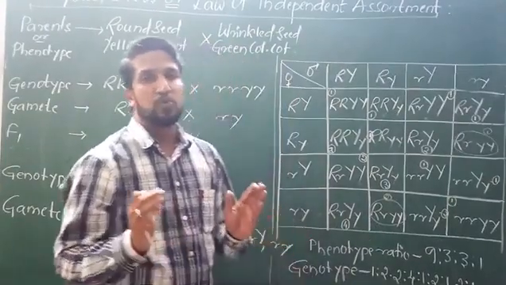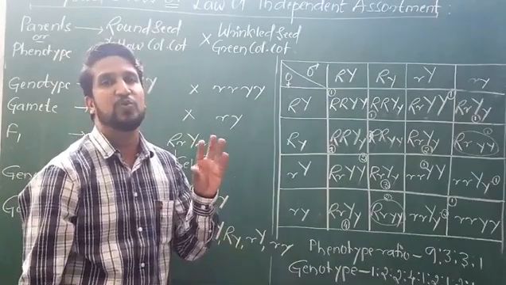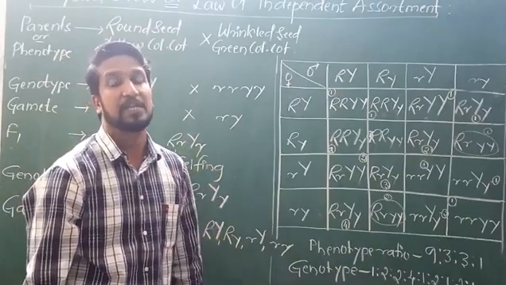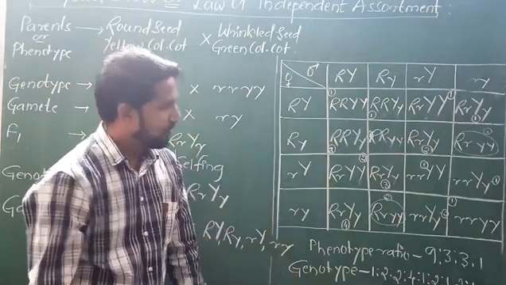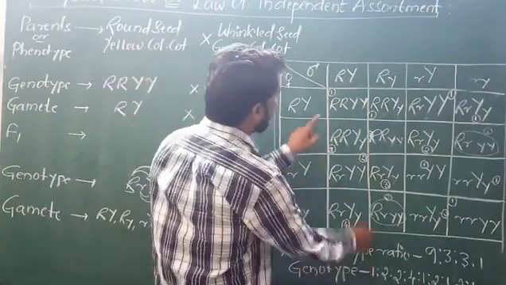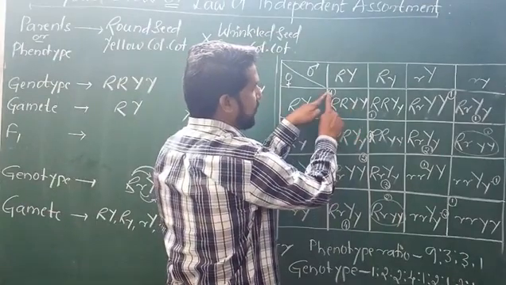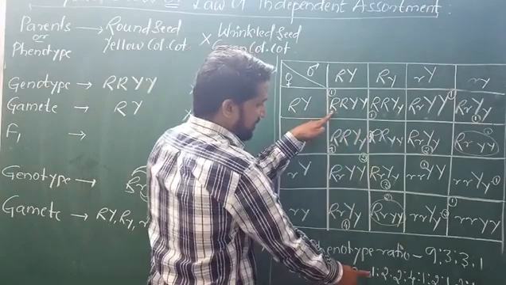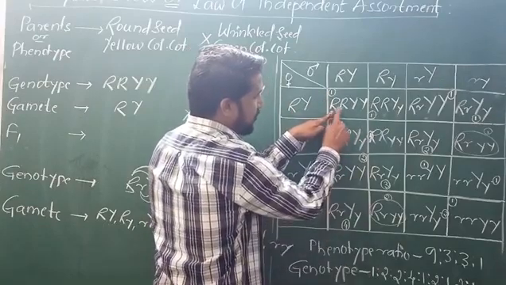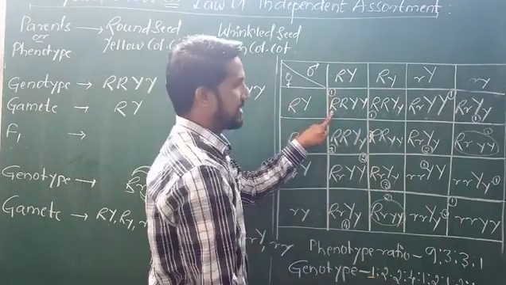So kindly go through your textbook. In the textbook they have given the colored one, so you can understand very easily. What is this one? One is pure homozygous round and yellow color cotyledon. One I have made here, right? One plant of pure round and pure yellow color cotyledon. This is over now.